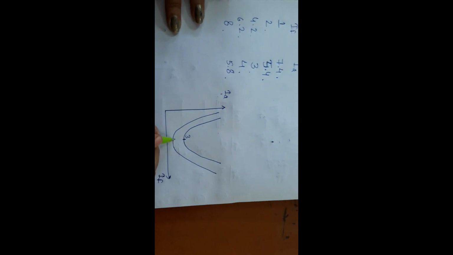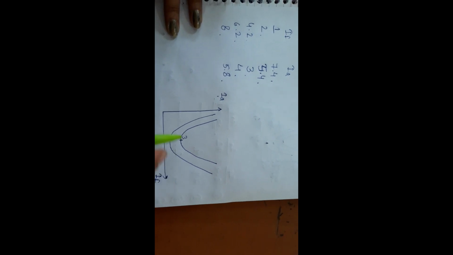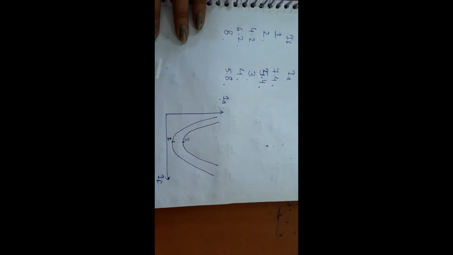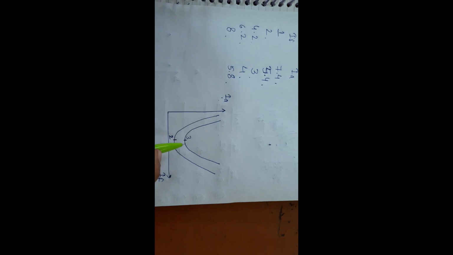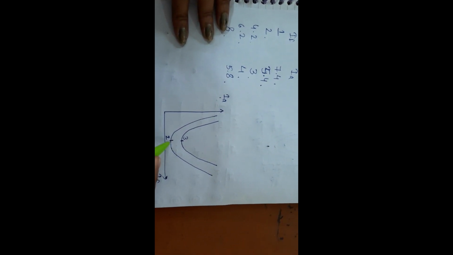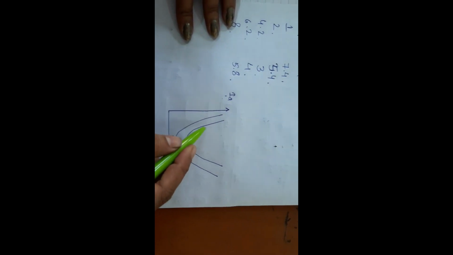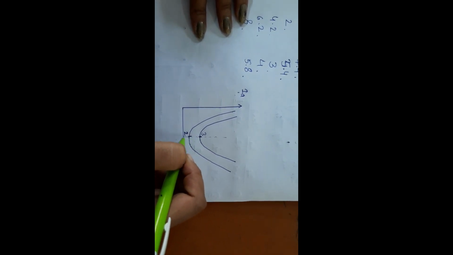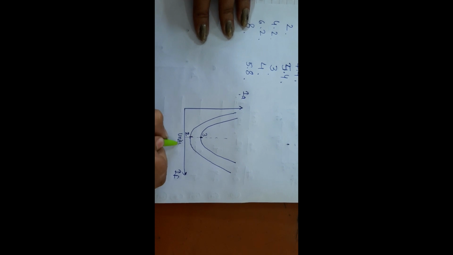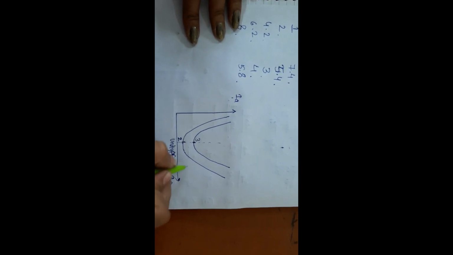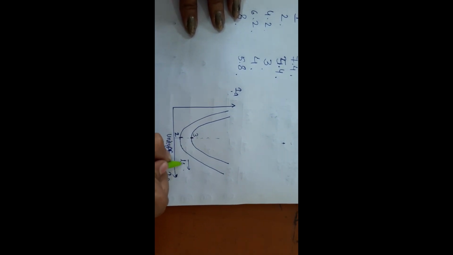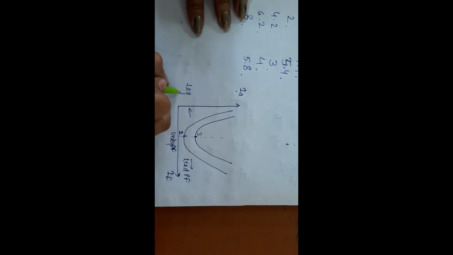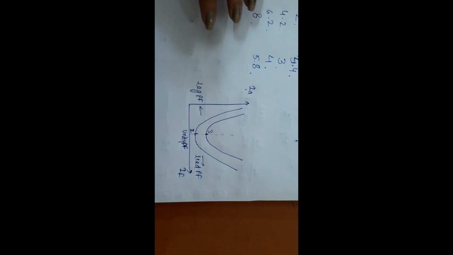I want to show you that whenever we increase the load, the curve is shifted upwards. Firstly we took the reading at no load, and secondly we turned on the lamp load. This minimum point shows the unity power factor. This side is the leading power factor curve, and this side is the lagging power factor curve. So you have to draw the proper curve.